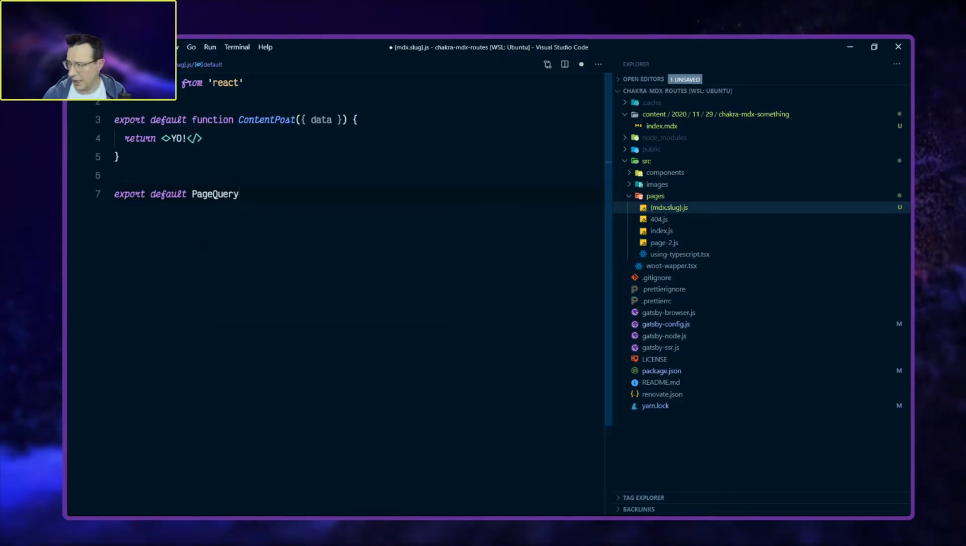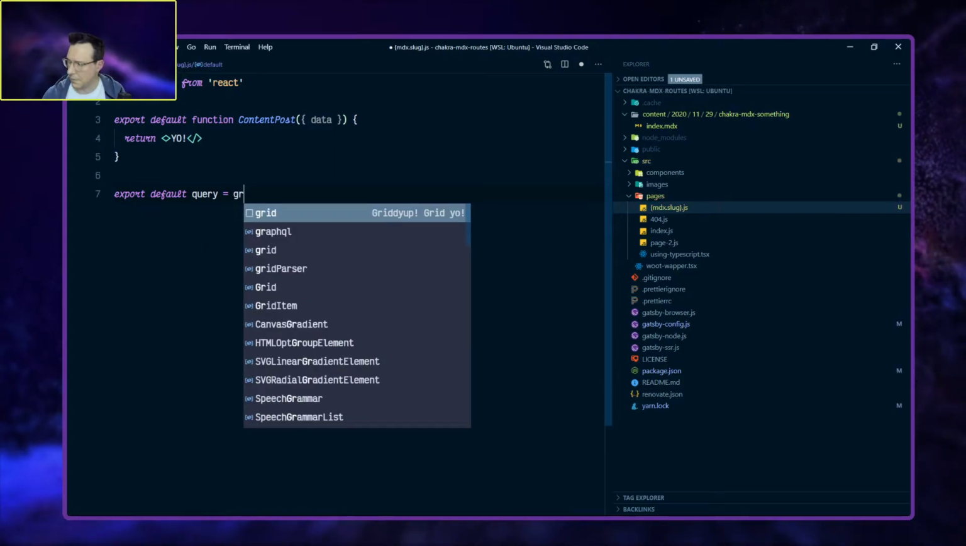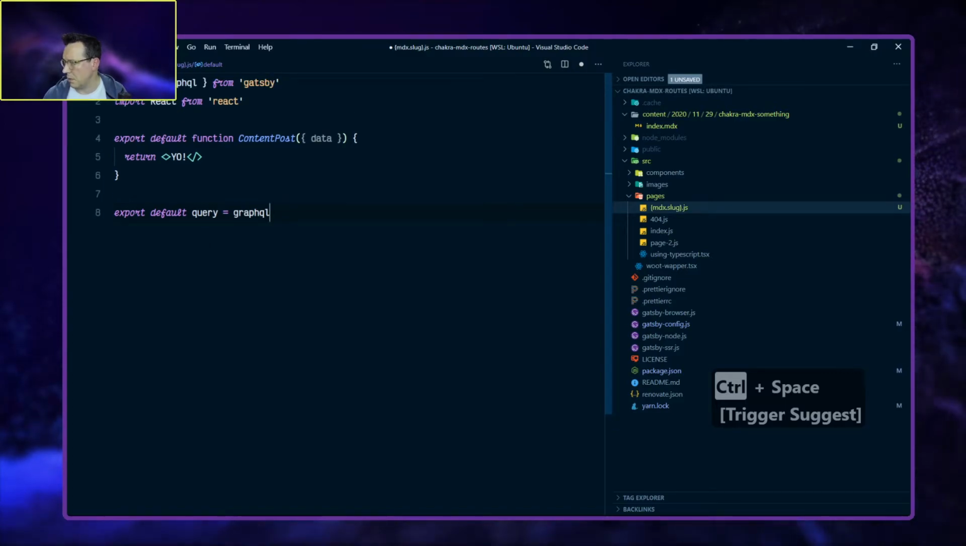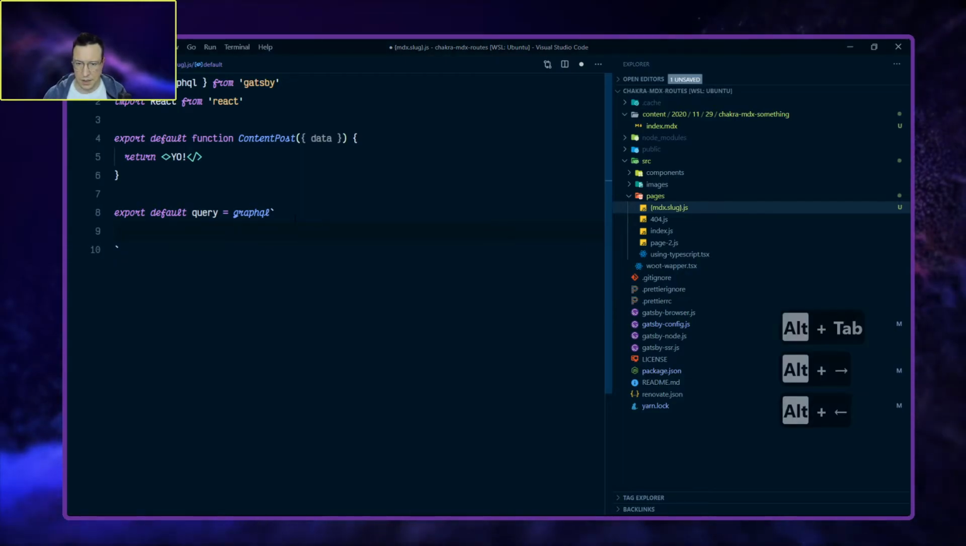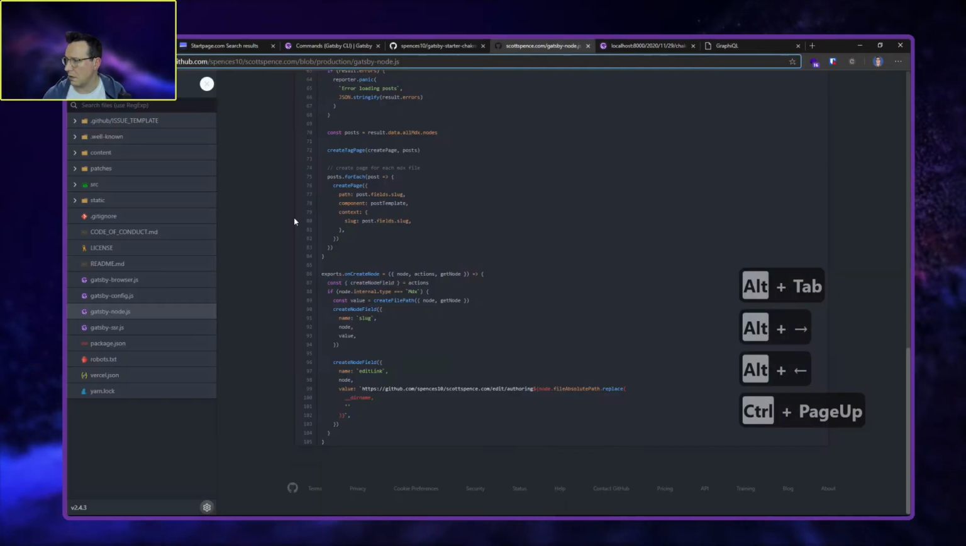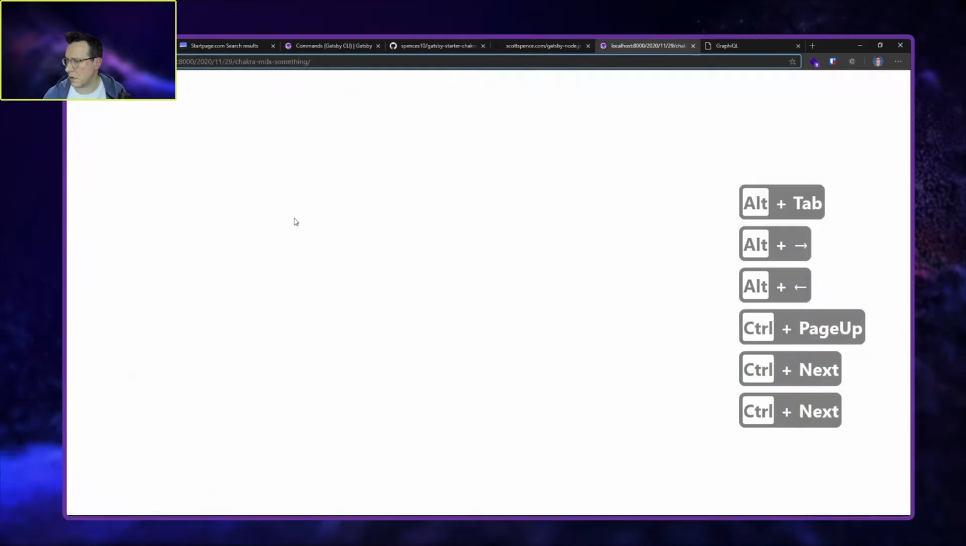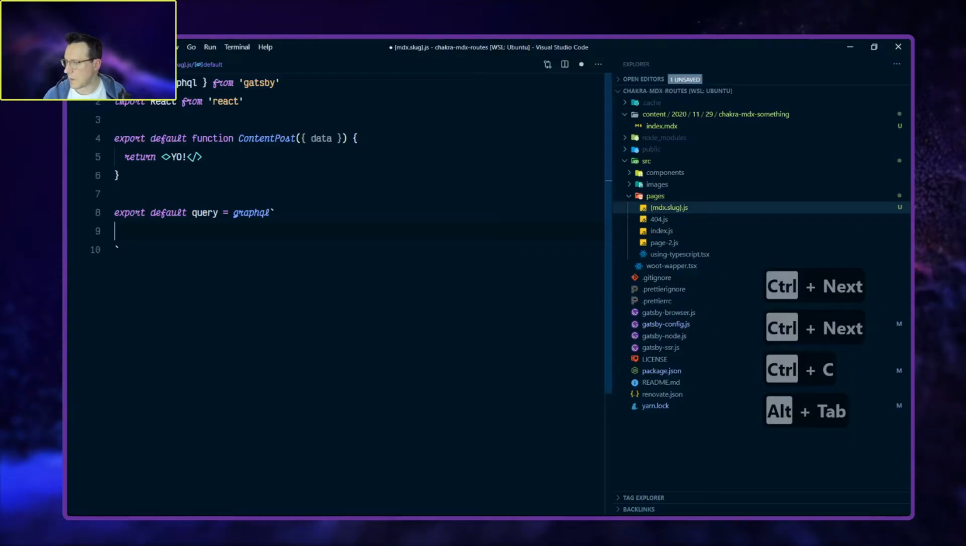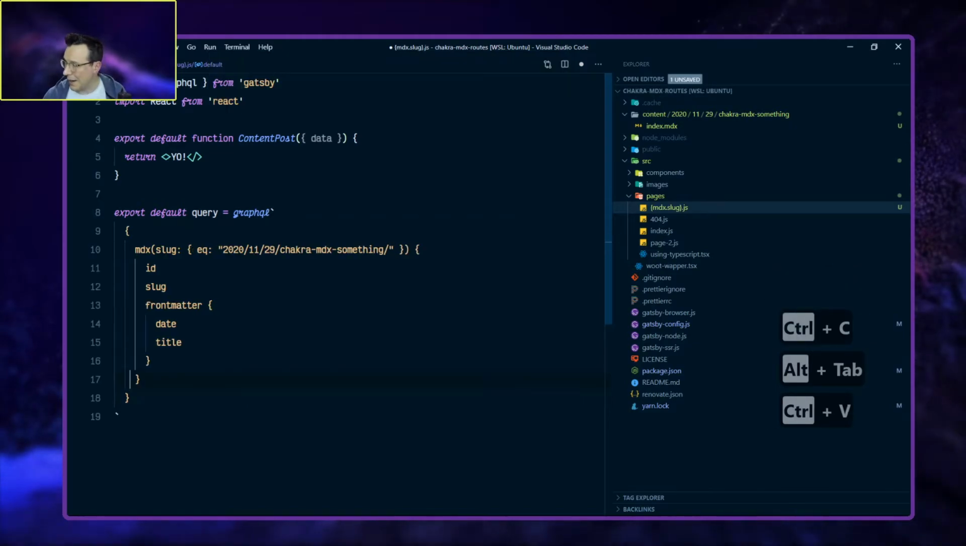This could be called anything, and it's usually called query, I think. Equals graphql query, which we need to import from Gatsby up here. Cool. And then this goes into some backticks, and then it's going to go into the GraphQL Explorer. Here it is, and copy pasta that into here, but this needs to have